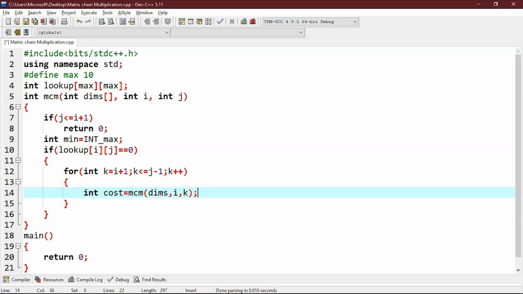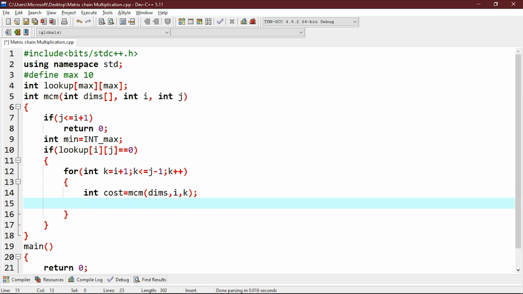Now we will recur for m k plus 1 to m j to get a k x j matrix. So cost plus equals to mcm dims, comma k comma j.